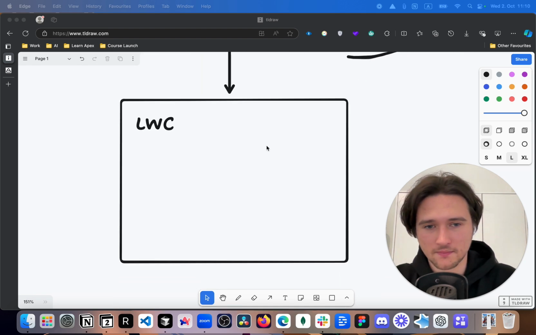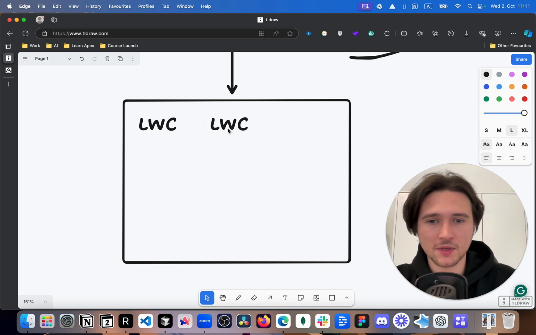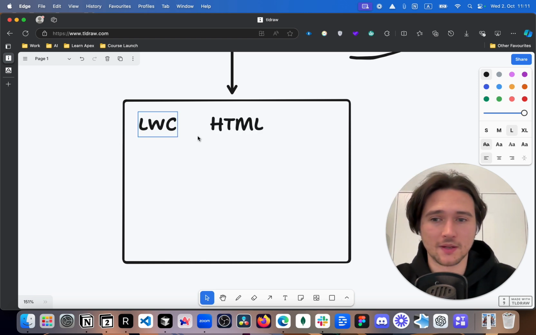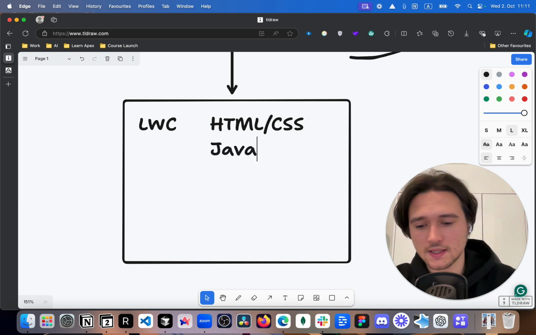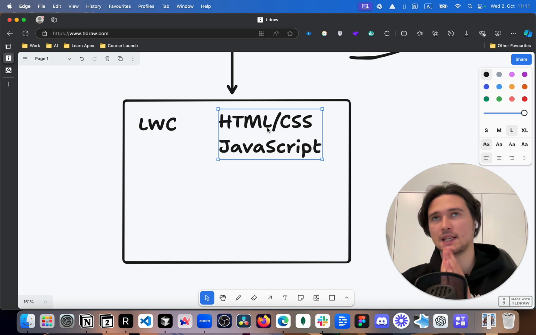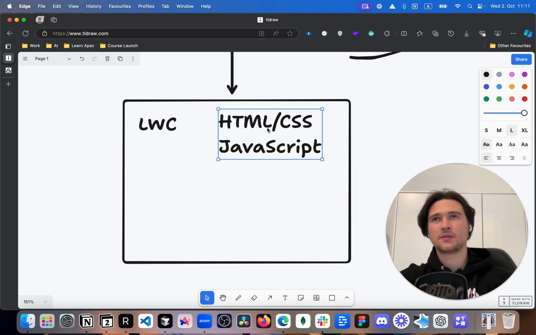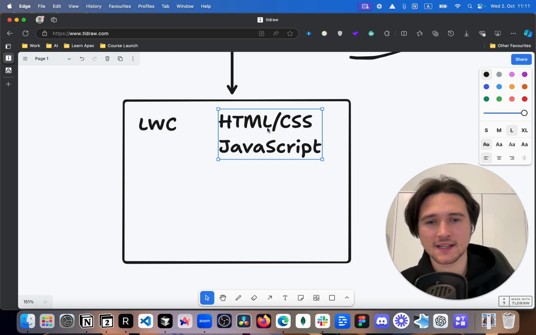Alright, so LWC. How do you do it with LWC? A few important things. LWC obviously is using HTML and CSS and JavaScript. But it is a little bit different. It is not really using them in the same way as with other programming languages. But you still need to understand them very well. Not so much HTML and CSS, especially not so much CSS. Of course, the more you know before, the better it is.